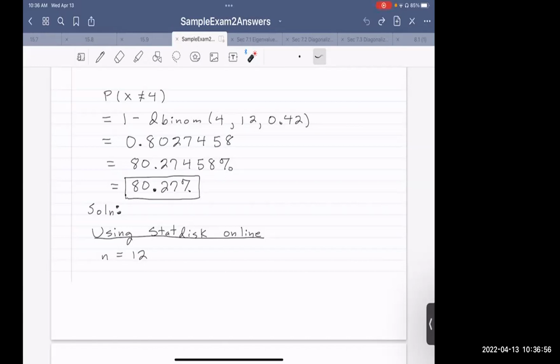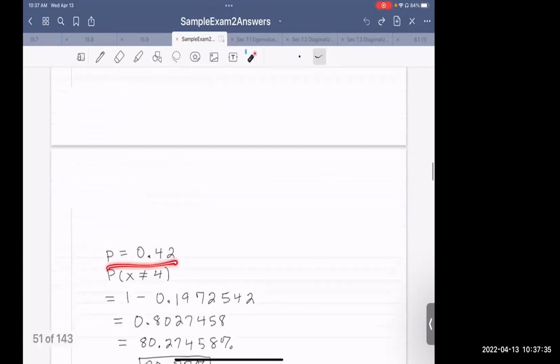Okay, so 1 minus dbinom(4, 12, 0.42). So I get 0.8027458. Let me move my decimal place 2 places to the right. So 80.27458%, round to the hundredth of a percent. So 80.27%. If you were using StatDisk Online, then again we will have a binomial distribution with n equal